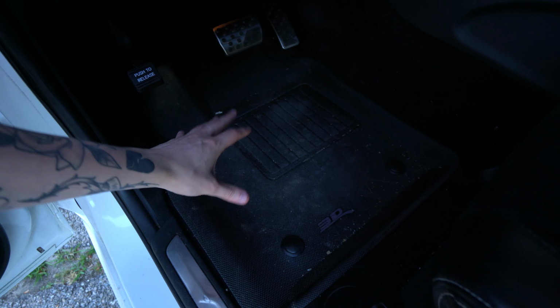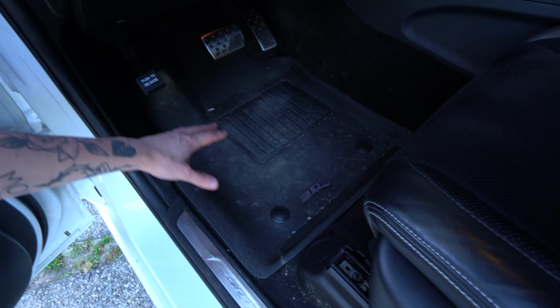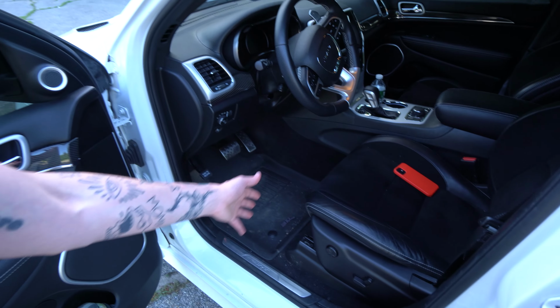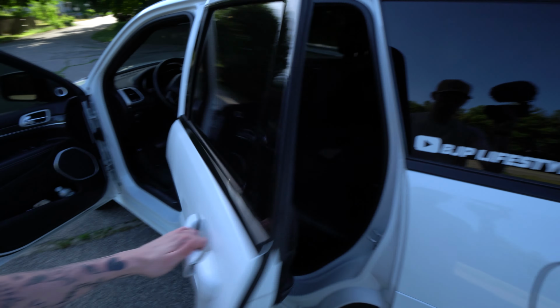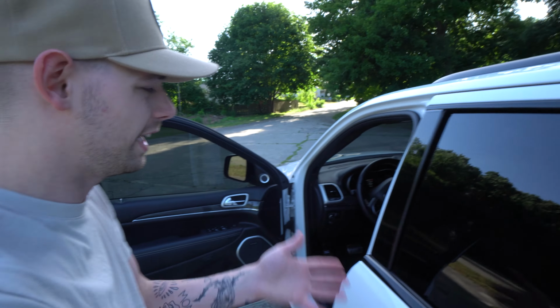Now, if you want another really quick idea, that's going to be these floor mats. Not these particular ones or anything, just floor mats in general. The all-weather floor mats, whether you live in a place that you're going to get snow or not, I definitely recommend it. Now, the reason that I say that you should go ahead and get yourself some all-weather floor mats is just to protect them. I mean, you get the entire floor covered and lined. I mean, front and back, and they're so easy to clean, super easy to wash,